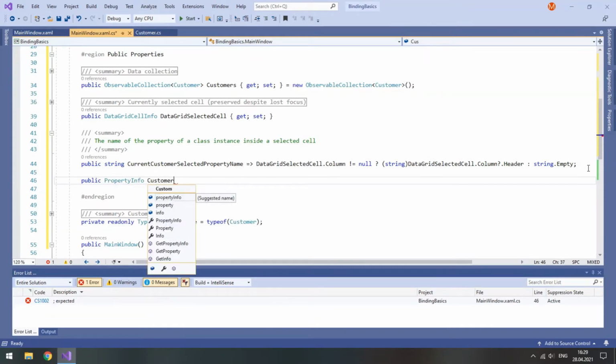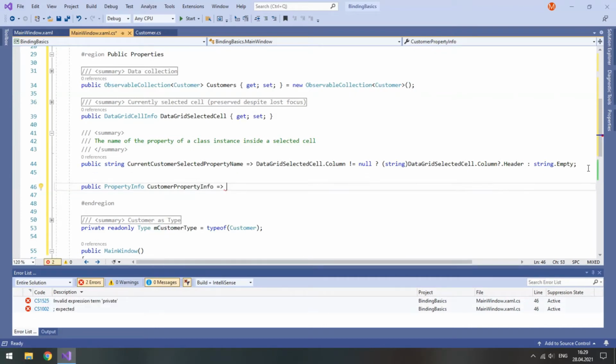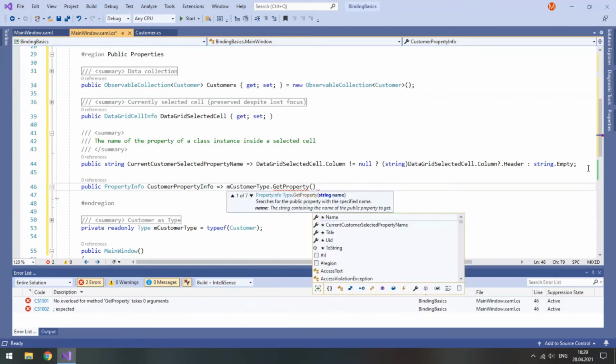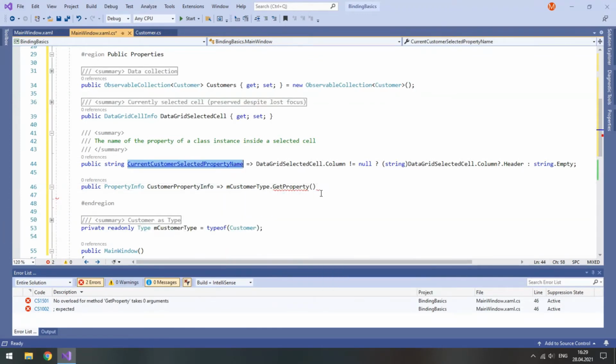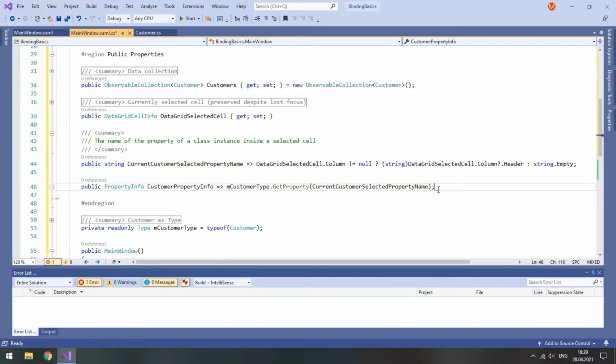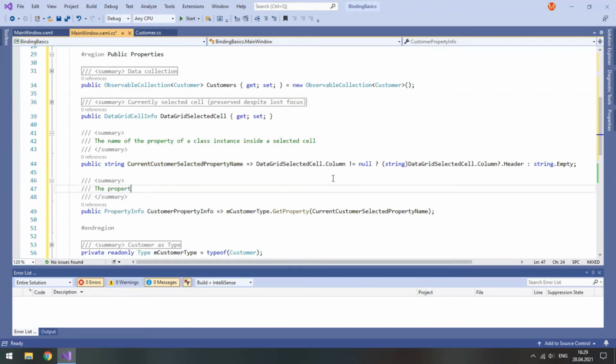I'll name it customer property info, and it will also be read-only. It's going to be M customer type dot get property, and here we specify the name of the property that we want to get. So the property of a class instance inside a selected cell. Then we need the property for the class instance itself, which is inside a selected cell.